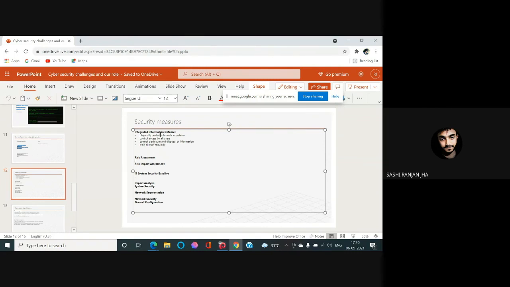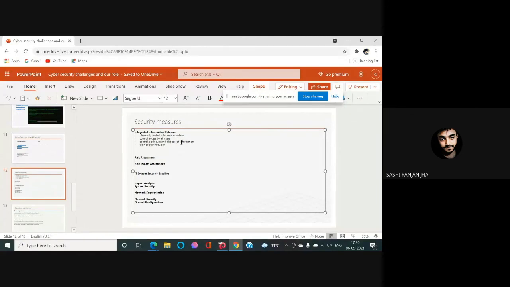First, physically protecting the information system means implementing firewalls and other monitoring systems over the network. Then control access by all users that are visiting your website, or using your services. They should have controlled access, and there should be an admin who controls all these accesses.